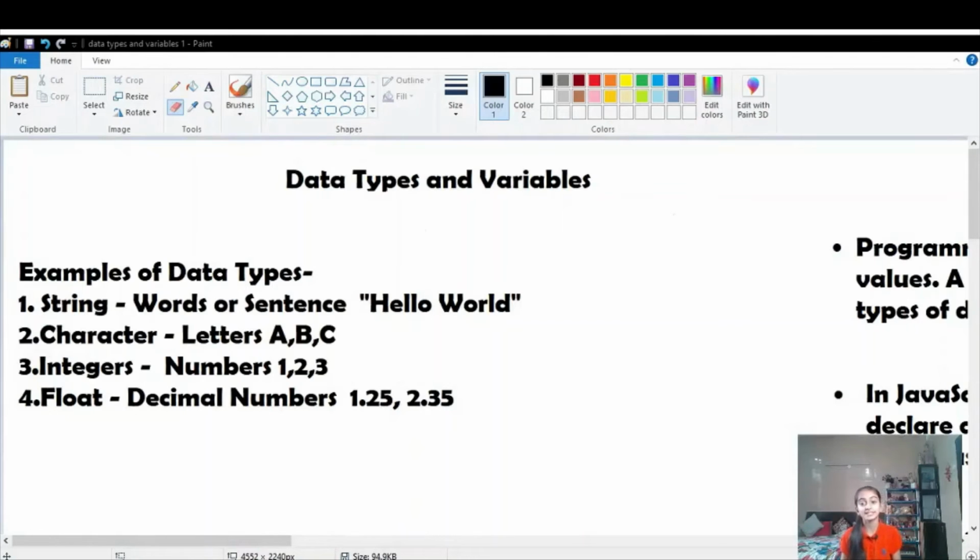Back to my channel. So today we are going to be talking about data types and variables. So let's get started. Now one of the things that will be coming in your mind right now would be,